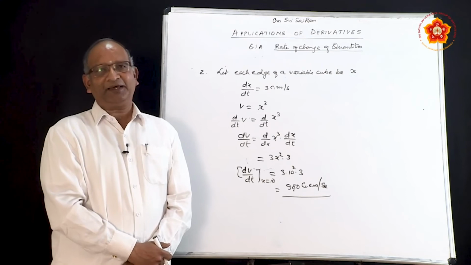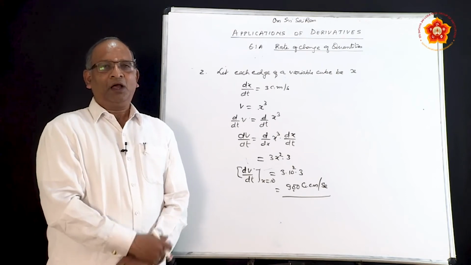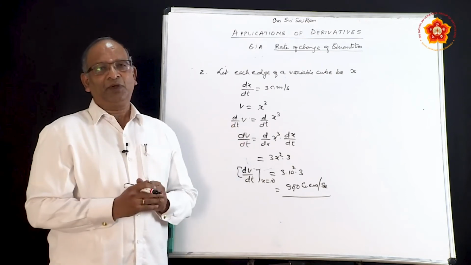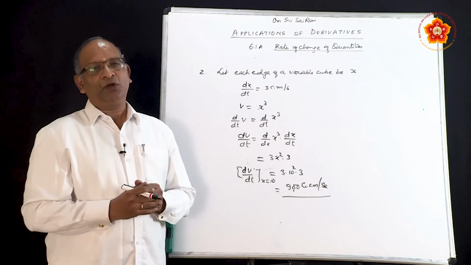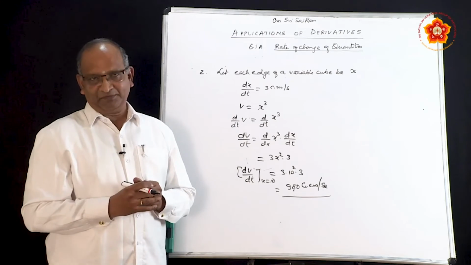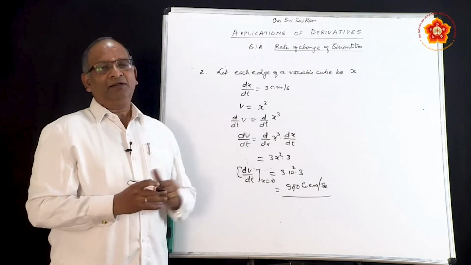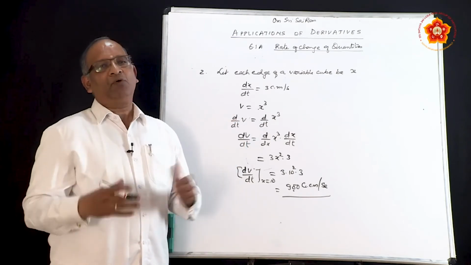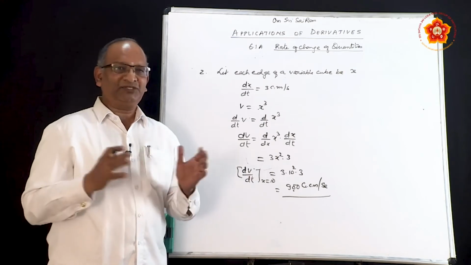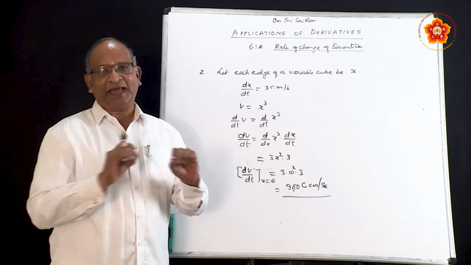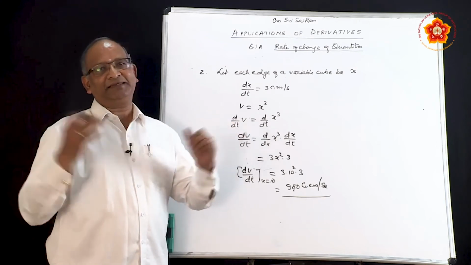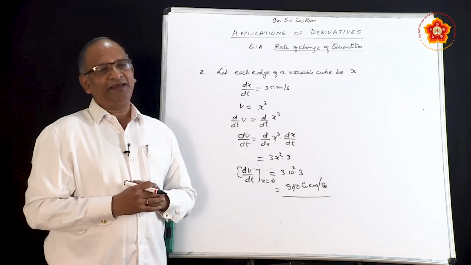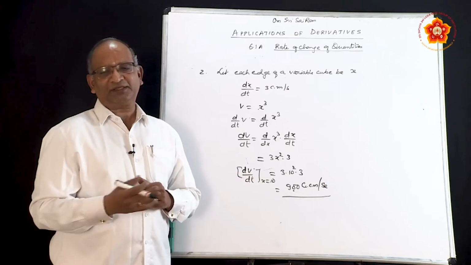So, in this particular manner, we have measured rate of change of volume with respect to time. Here, with respect to time, volume has changed when the change is made in the dimension. In one dimension when you made a change, simultaneously the change has occurred in volume. Let us move to the next problem.